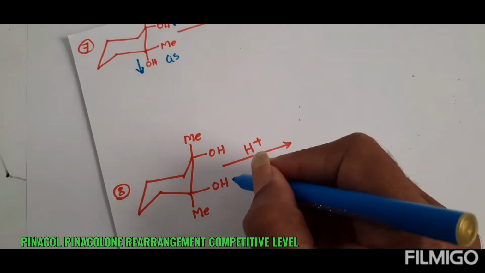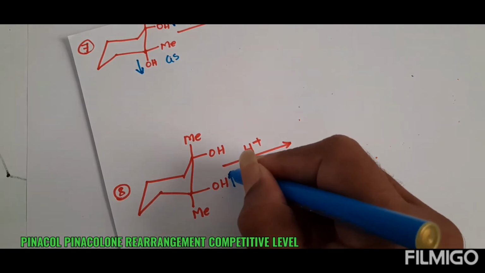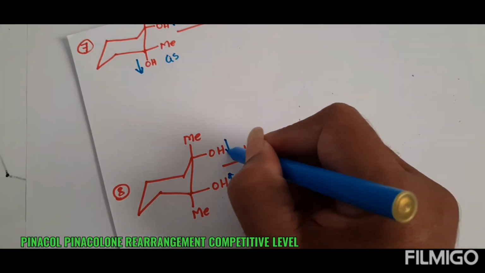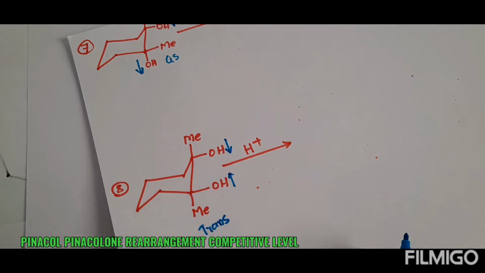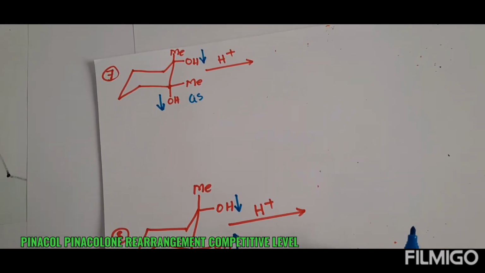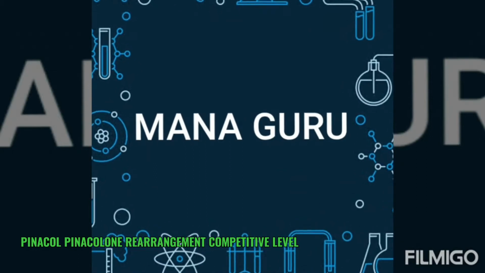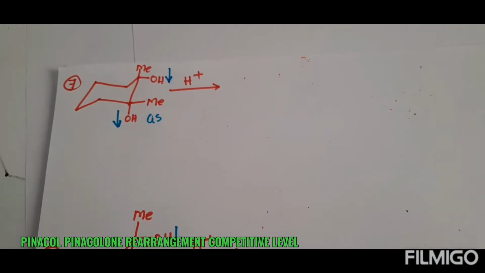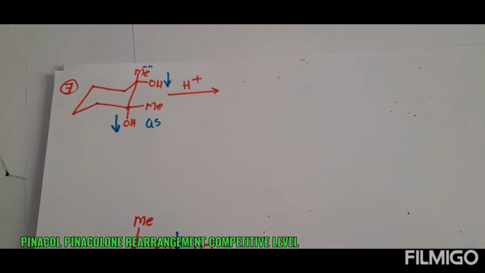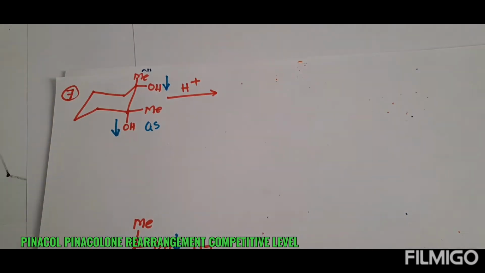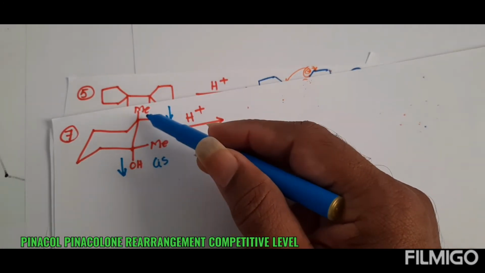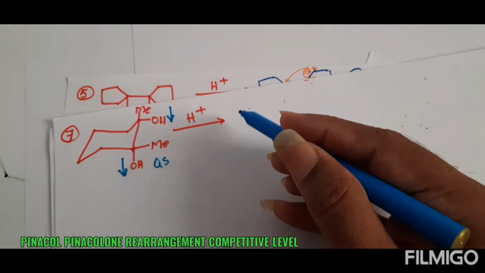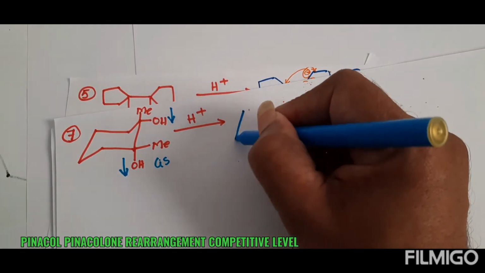In the second example, I am taking this OH equatorial, this OH equatorial. This indicates trans form. The orientation of the groups will also decide the nature or type of the product formed in the pinacol-pinacolone rearrangement. Here the molecule I have taken has an identical pinacol because both the carbons are attached to the same groups. Then it leads to the formation of one carbocation.